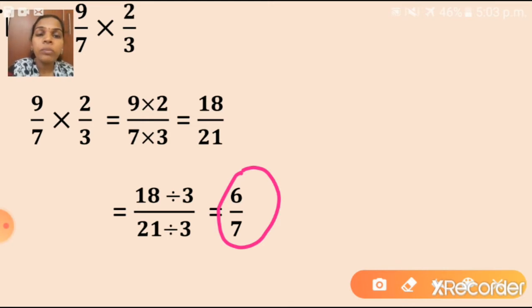You just have to write the product of numerators upon the product of denominators. Afterwards, if that fraction has a common factor, we have to simplify that fraction. Understood, children? Yes. Shall I start now? Practice set